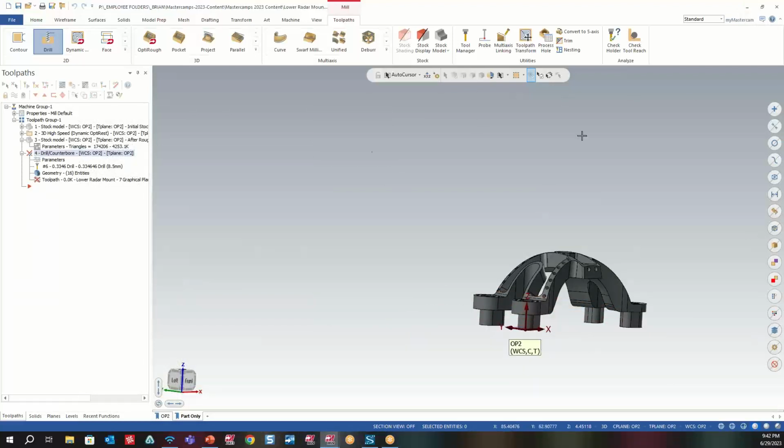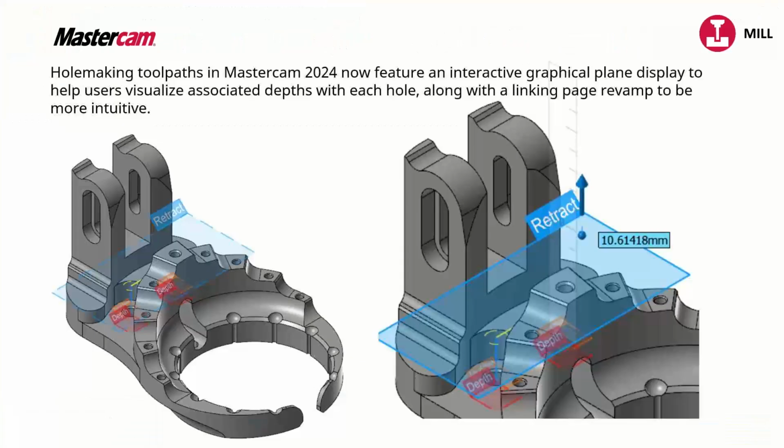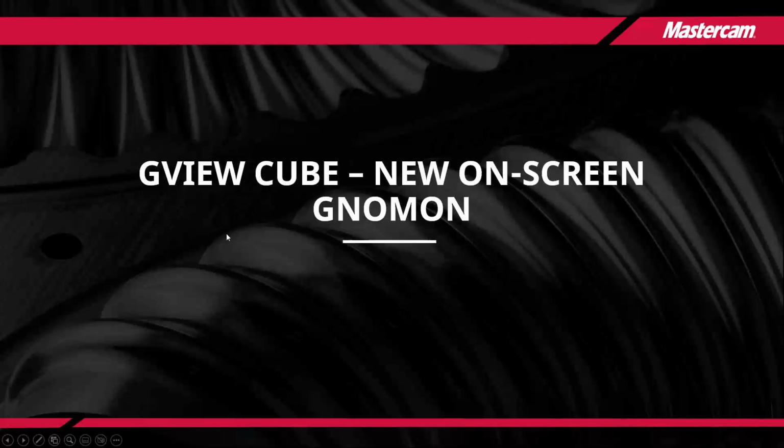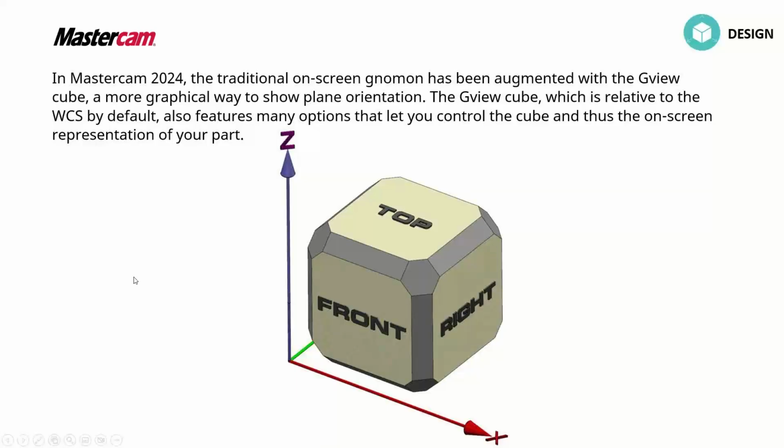All right, let's get back. All right. So now we're going to get into the G-View Cube and the new gnomon, right? This is like the biggest thing I think that everyone notices when they jump in the 24. You probably noticed it on the last little demo that I did. You're going to come over here and you're going to see